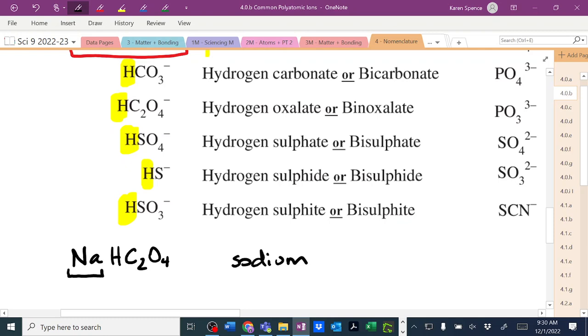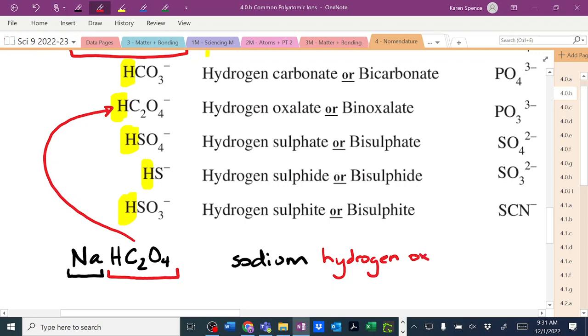There we go. What is the name of this guy here? So you can name that either sodium hydrogen oxalate, or you can name it sodium